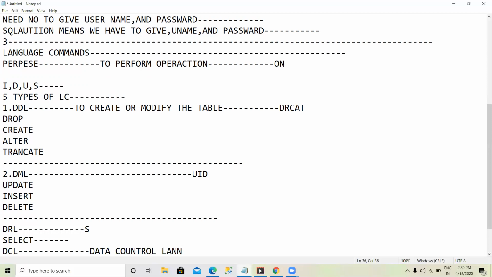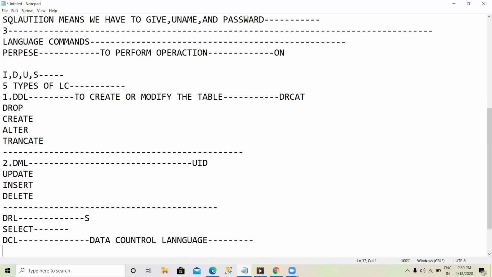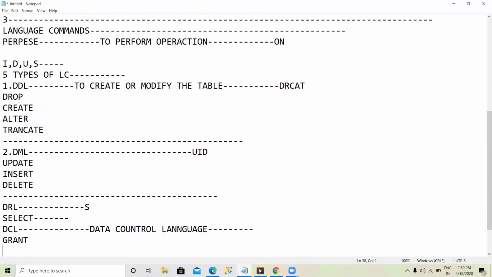It comes under grant and revoke. Grant means it gives the permission.